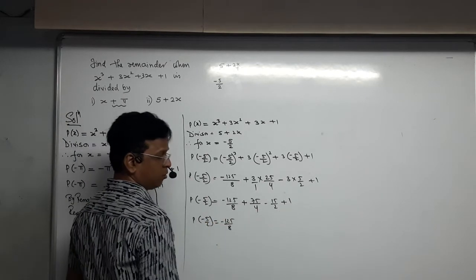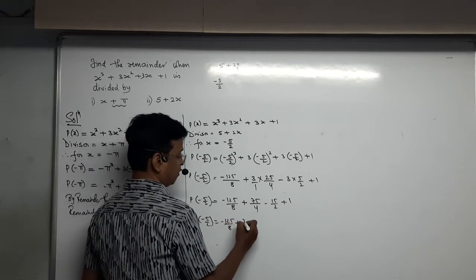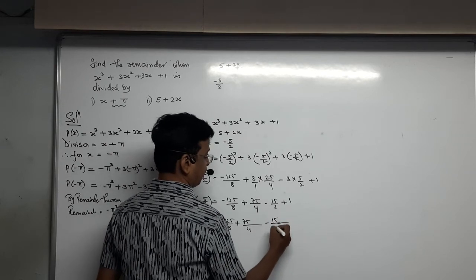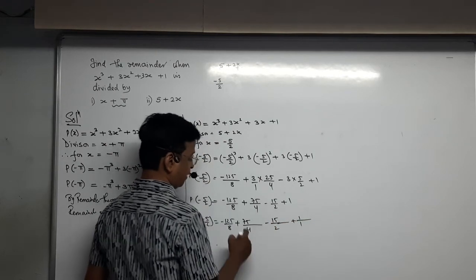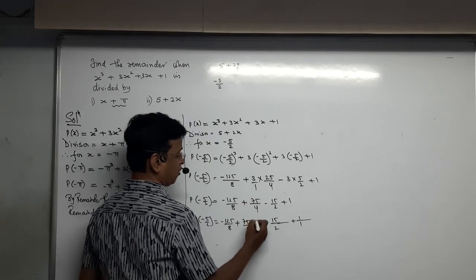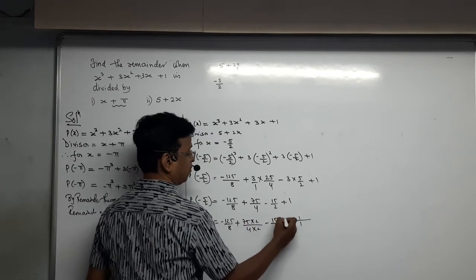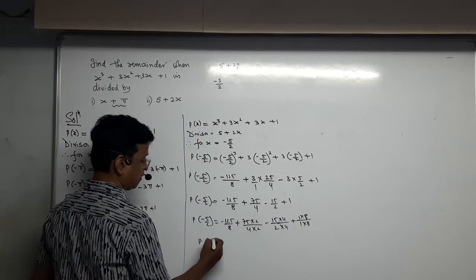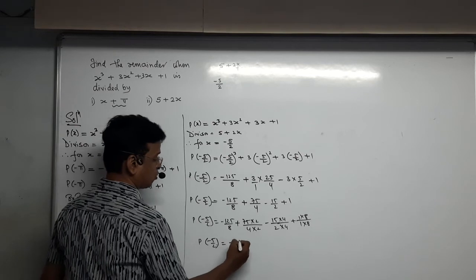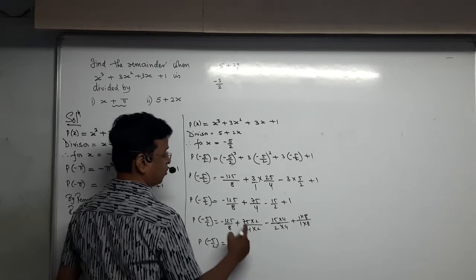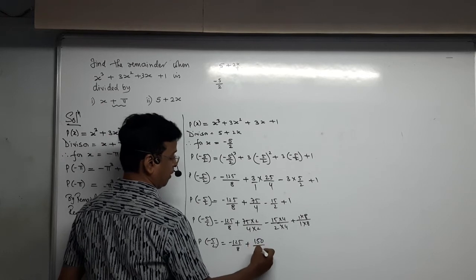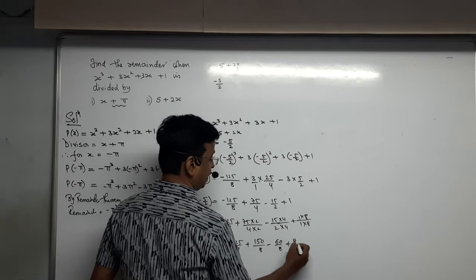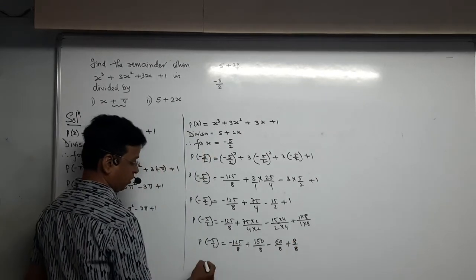Everybody can be multiplied to convert to 8. Plus 75 multiplied by 2, 15 multiplied by 2. 4 will be multiplied by 2, so this also will be multiplied by 2. This will be multiplied by 4, so this also will be multiplied by 4. So what I will get over here is 125 minus 125/8. This will become 150/8 minus 60/8, 8/8.